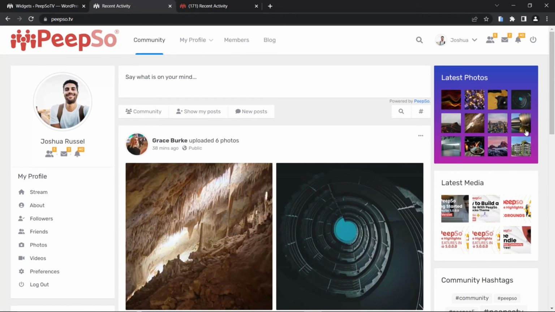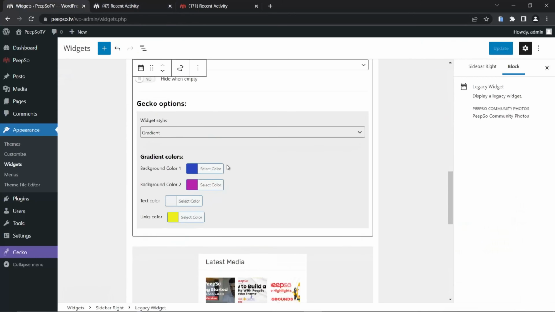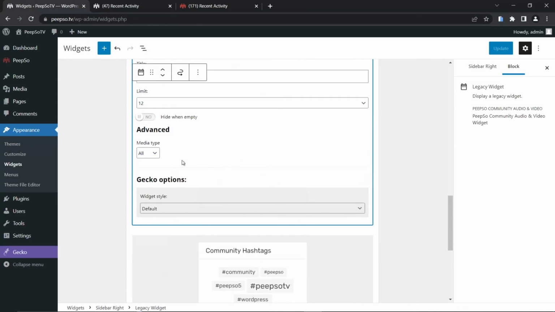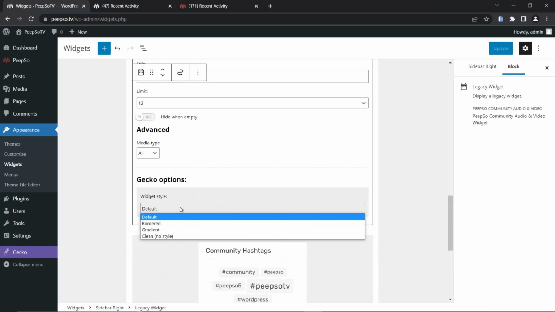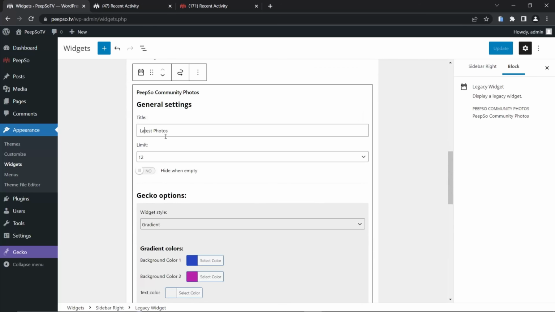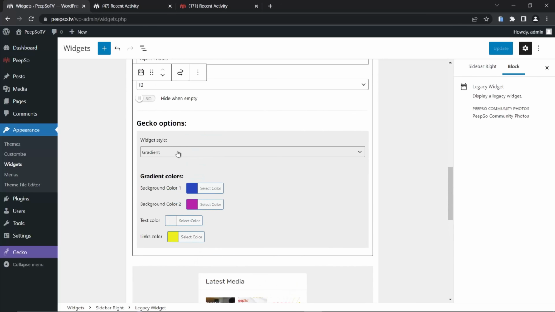Refresh it, and now we have the different styled widget with gradient, right? You can do that for every single widget you want. Go to Gecko options, then choose the gradient style. You can also choose a clean or no style at all,